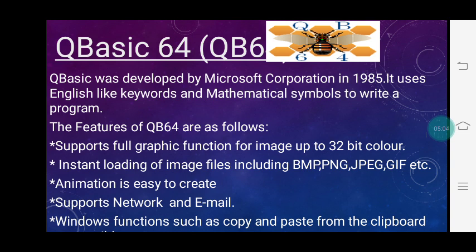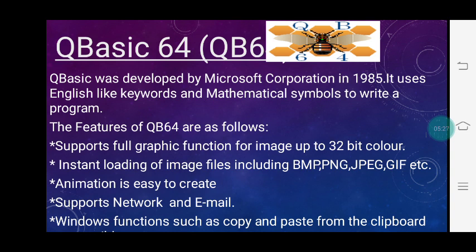Now let us see the features of QB64. It supports full graphic function for image up to 32-bit color, instant loading of image files including BMP, PNG, JPEG, GIF. Animation is easy to create. We can easily create animation by using QB64.